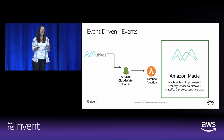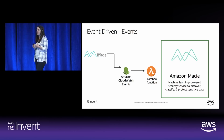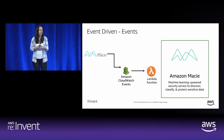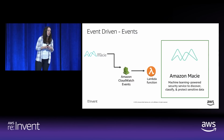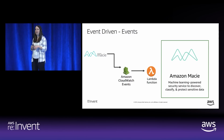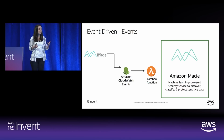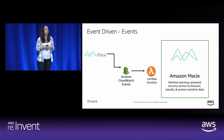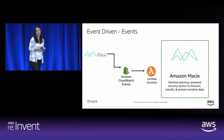And with these, we have a few different security services within AWS that actually emit CloudWatch events, and they emit them as findings. And if any of you were in the keynote today or watching it, I'll talk a little bit at the end here about how this all comes together now that we have AWS Security Hub as well. But we have AWS Macie, or Amazon Macie, which is our service for securing and protecting your assets within Amazon